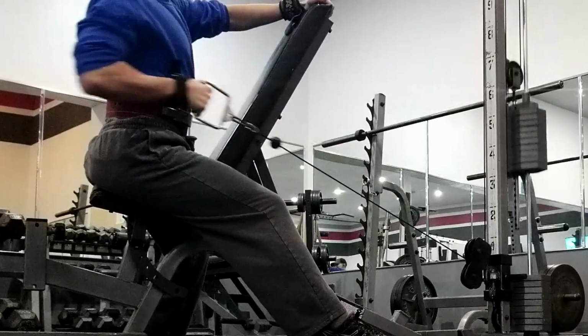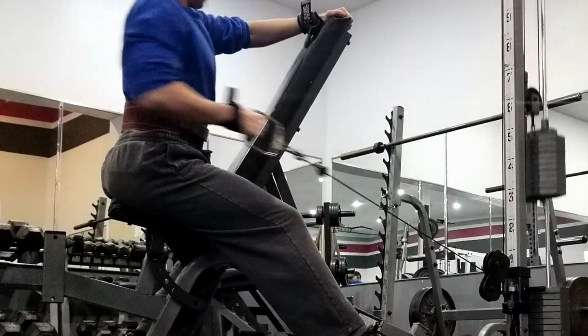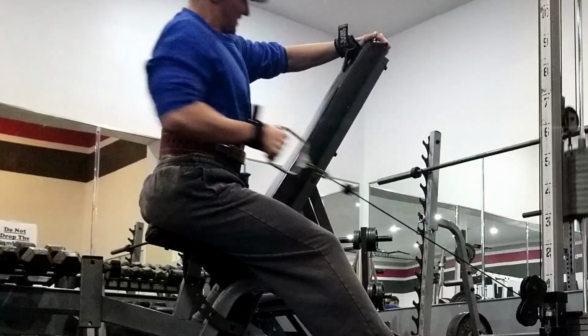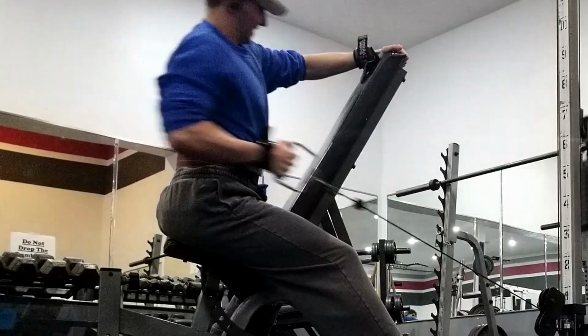So, what do I recommend, or how to approach this? I think a very reasonable approach would be to take one set off of like every exercise in your usual week 1 volumes. So let's say that in week 1, day 1, it's a push day. You usually start with 5 sets of chest, and you do 3 sets of bench and 2 sets of flies, or something like that. I think that it would be very reasonable to start with just 2 sets of bench and 1 set of flies, and really kind of easing back into it, 3 to 4 reps in reserve,